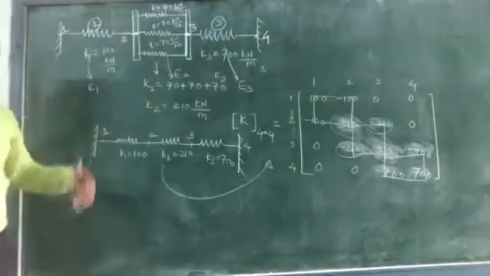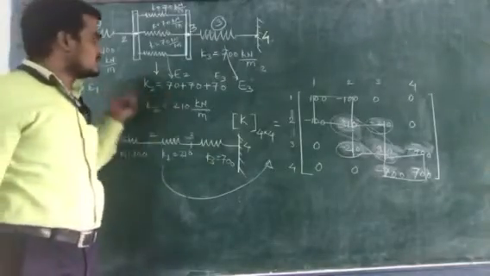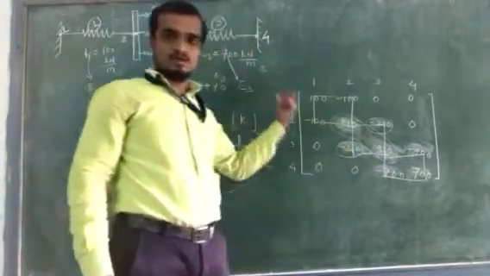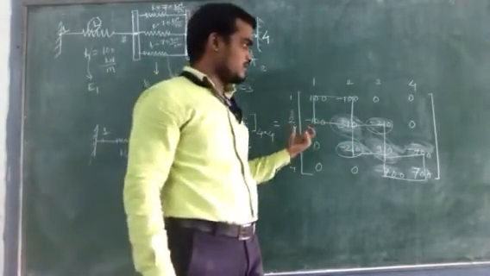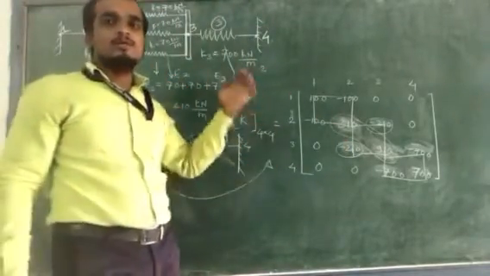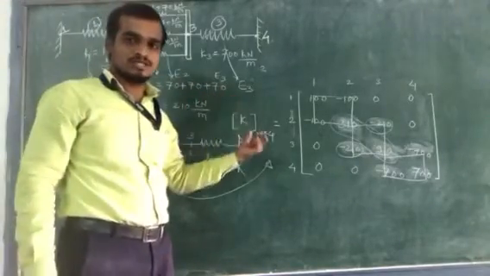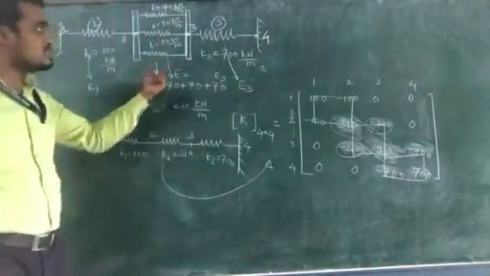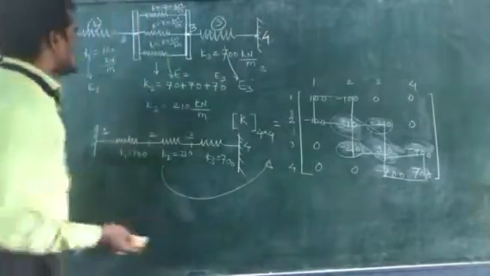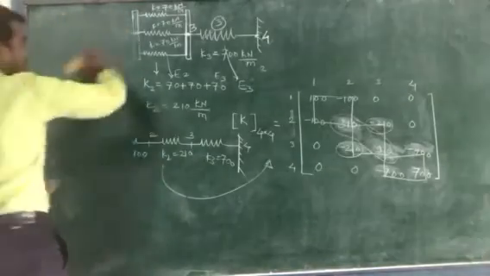So first find the elemental stiffness matrices. Then by using these elemental stiffness matrices, you can construct the global stiffness matrix. All these things we derived in our previous lecture. Now in this lecture, we will solve one example by using our finite element procedure, and this example is of your spring system only.